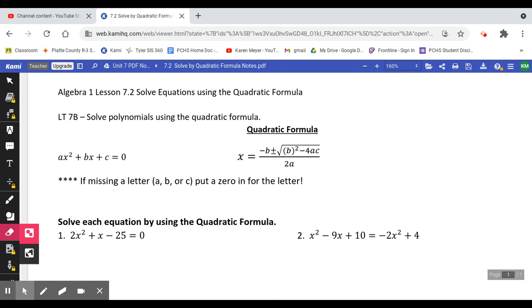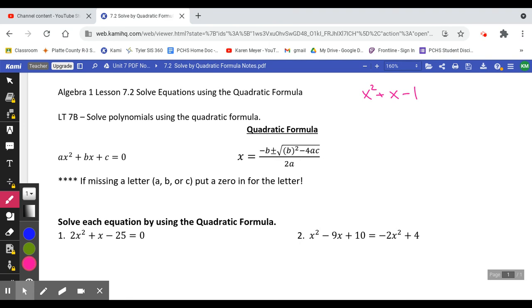In this lesson, we're going to talk about how to solve equations using the quadratic formula. Well, why do we have the quadratic formula? Because not every single problem is factorable. Okay, because if I put up a quadratic that looked like this, if I gave you x squared plus x